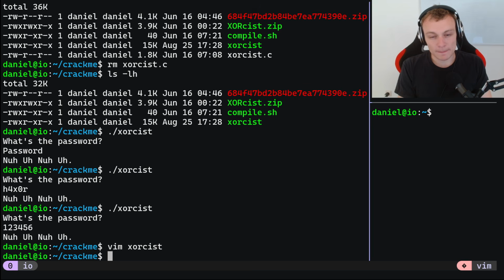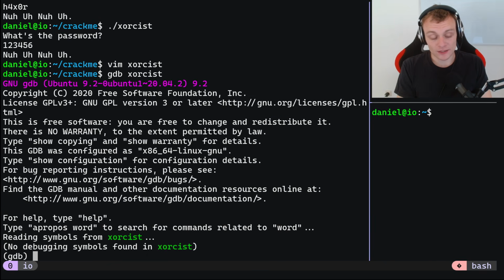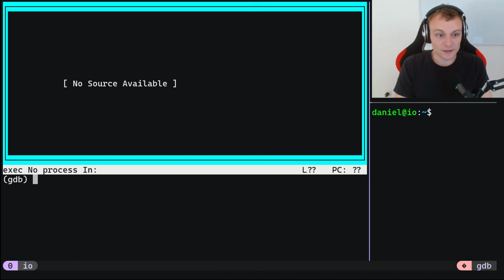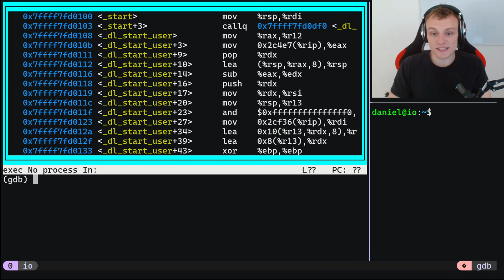We can open that file in GDB, in the debugger, and run it there, but I already tested it before and it says starting program, no la polizia. Apparently it has a debug protection built in that prevents this executable from being run inside a debugger. If we do layout next, we can still see the